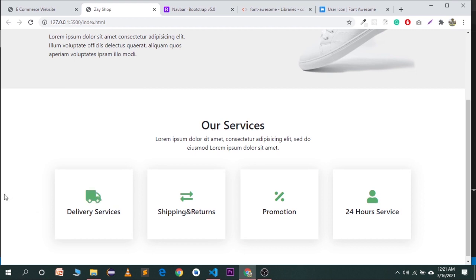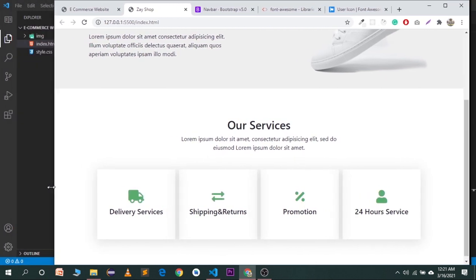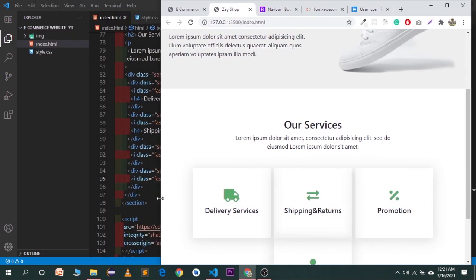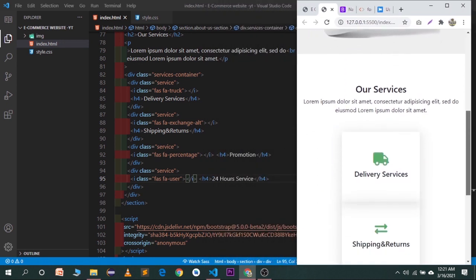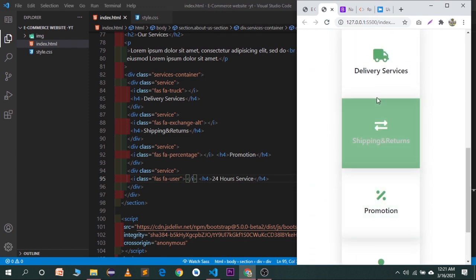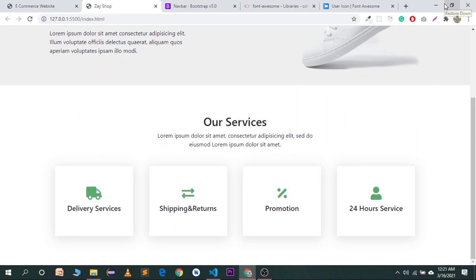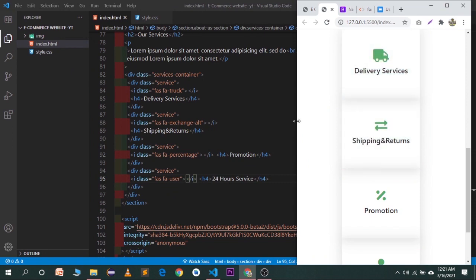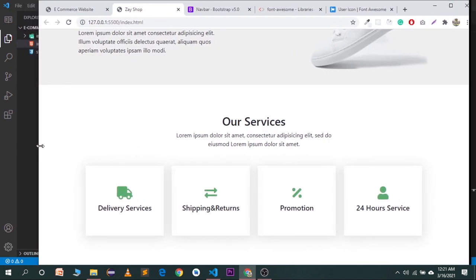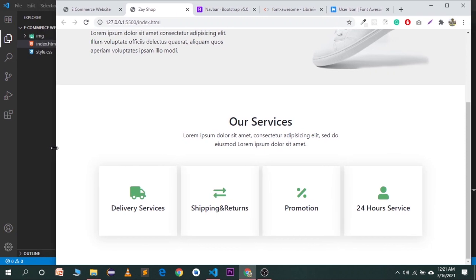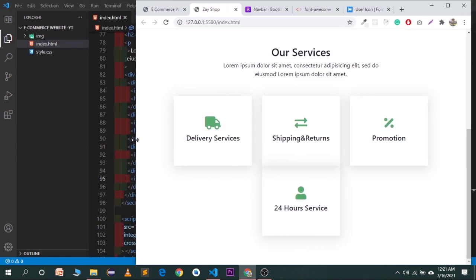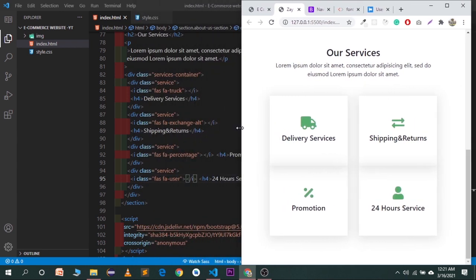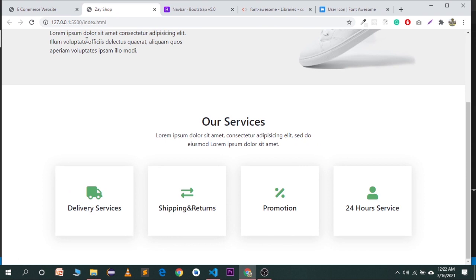Let's test its responsiveness. Now you will see as we are getting closer and closer, it has been changed. And now as we are getting closer and closer, all of this text is moved to the next line, and it's looking amazing. We just want a margin. So don't worry, we will fix it later. When we will deal with media queries, we will give them some space. So the main point is the power of a flexbox, which will help us to attain the responsive design, and you will also see same with the CSS grid when we will build the shop section of our website. So the second part is done,